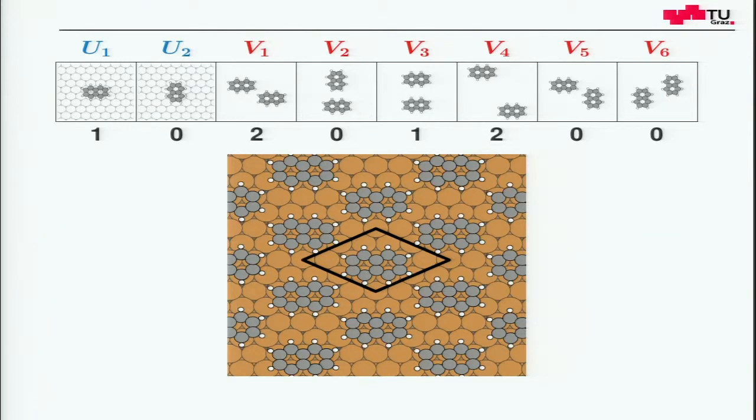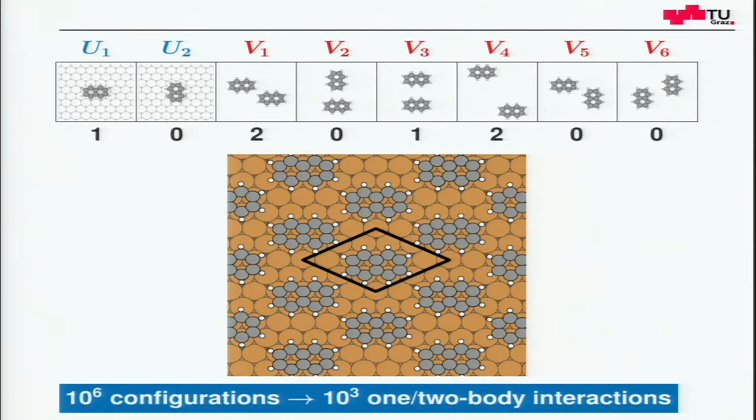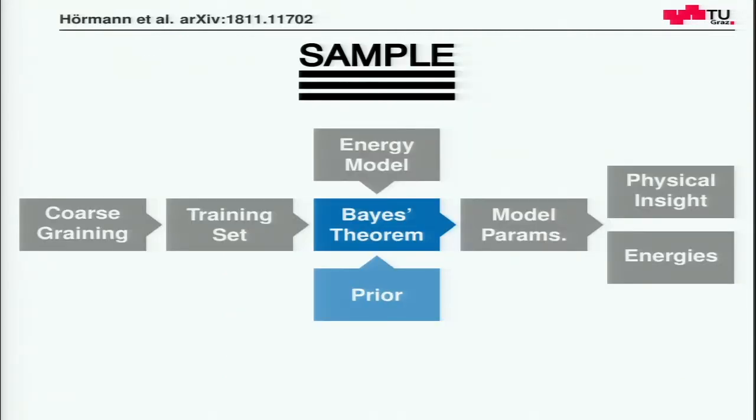configuration. And because we have done some coarse graining, and because if the molecules are at a large distance, we can assume that the 2-body interactions go to 0. We can describe all our millions of configurations with just about 1,000 1- and 2-body interactions. So there are 1,000 parameters that our machine learning model needs to learn, and for that, we require